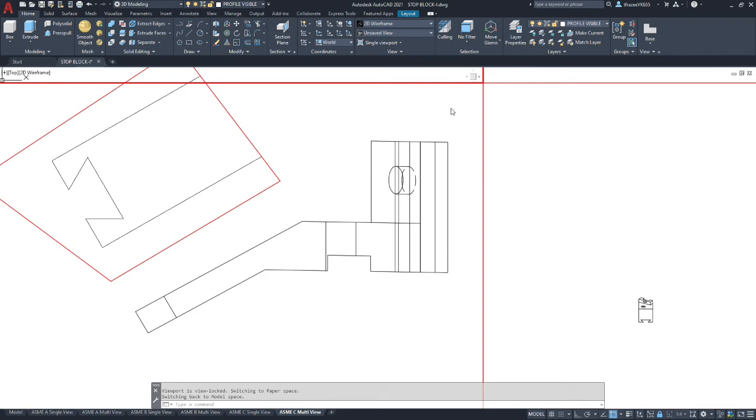Okay, let's do the same thing in this view. That should be a solid line, followed by a hidden line, another hidden line, and a series of hidden lines.